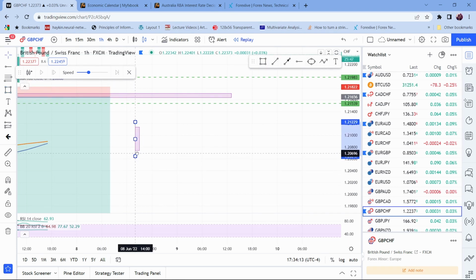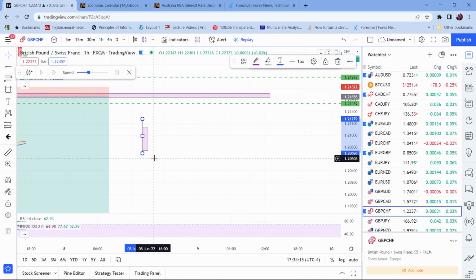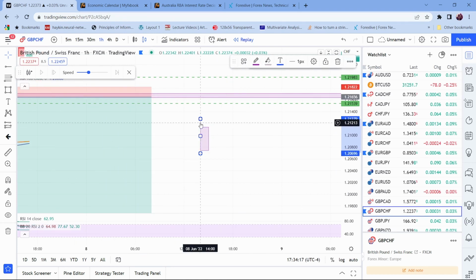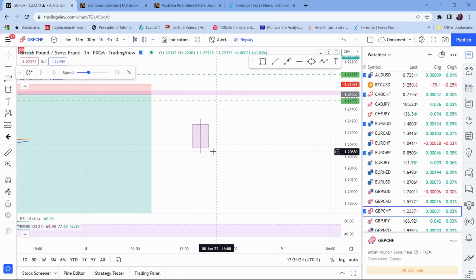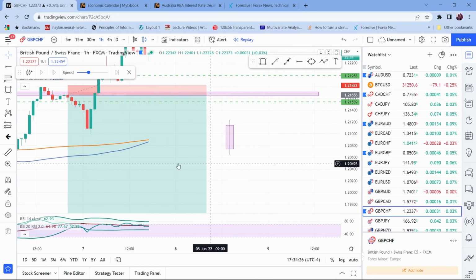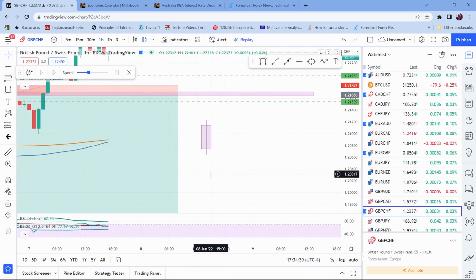Let's just move this here. Price just pushes into the zone and leaves no wick. So what does that mean? Basically what that means is that we have a probability of price either correcting that move, or we could continue in that direction as well. So just a little added information.